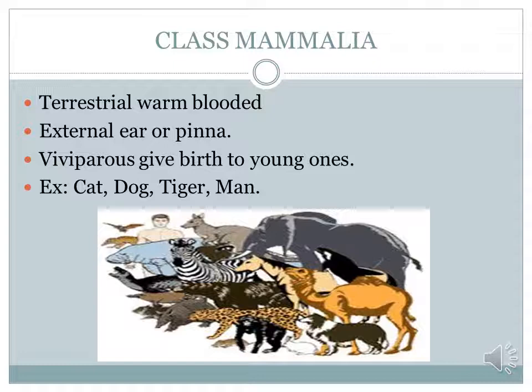They have mammary glands that help them produce milk to feed their young ones. Their skin possesses oil glands and sweat glands. The trunk is divided into thorax and abdomen. The mammals respire through lungs. Cat, dog, tiger and man are some examples of class Mammalia.